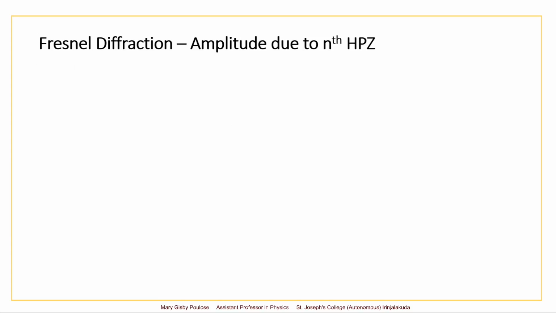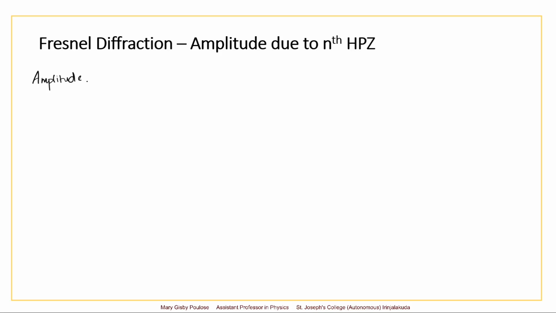Okay. Next, let us calculate the amplitude due to the nth half period zone. The first half period zone will contribute an amplitude towards the screen. The second half period zone will contribute to the screen. The third will contribute to the screen. So let us try to calculate the amplitude from each zone. We have the inference that the amplitude